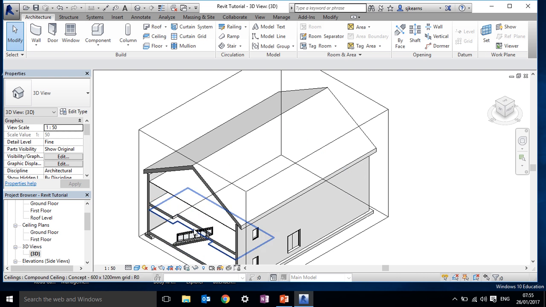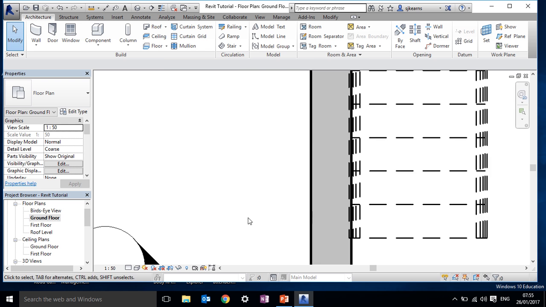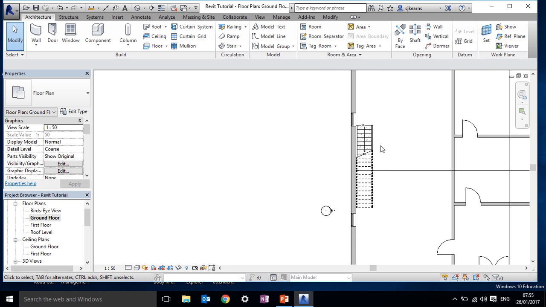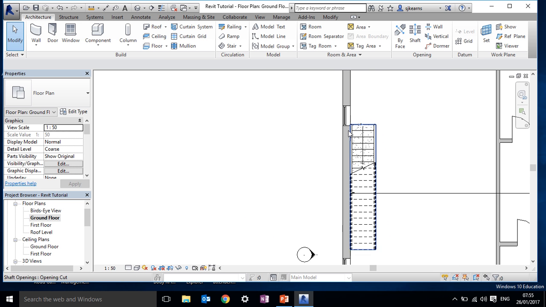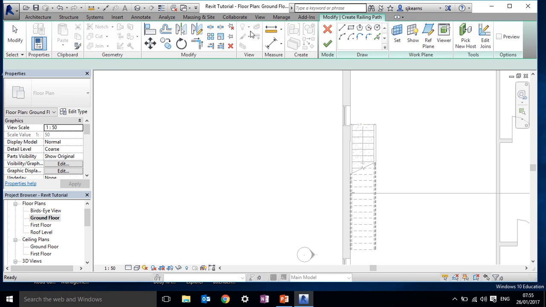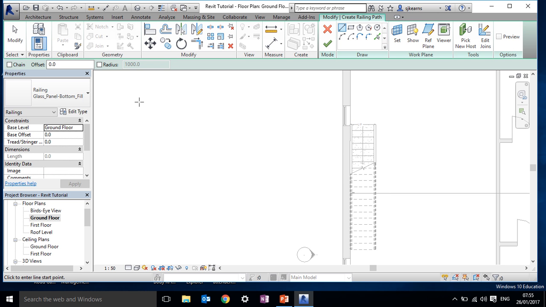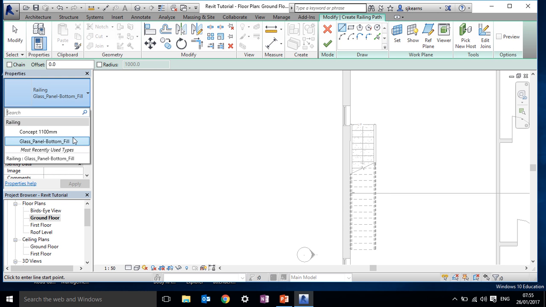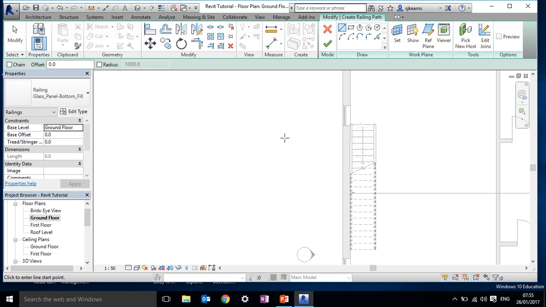And I'll also need to create a pair of railings around that, and then once that's done I can go through a walkthrough with you. So if I come back to my ground floor and I want to have a railing going just along here, okay, so railing, and I can edit the different types of railings there. So glass bottom fill, yeah, that's fine. Right up against here,